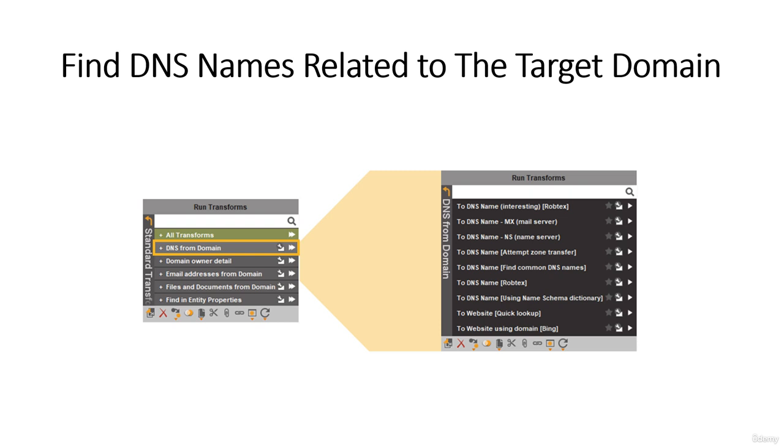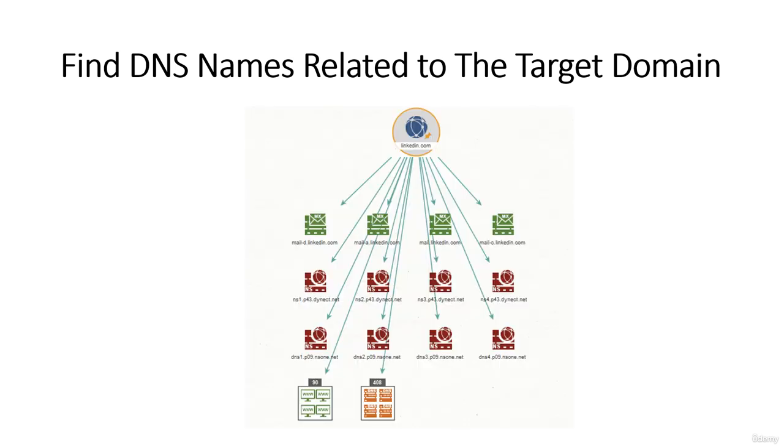You can find them in the transform set as DNS from Domain, which is a part of the standard Transform Hub item. Running the As Domain transform set on this domain, usually by clicking the fast forward icon, returns the result seen in the graph. For the purpose of this demonstration, we limited the number of results returned by a transform to 256. Note that there are 408 entities in the DNS name collection node, indicating a large number of infrastructure items with a wide